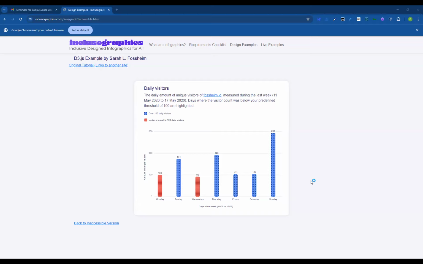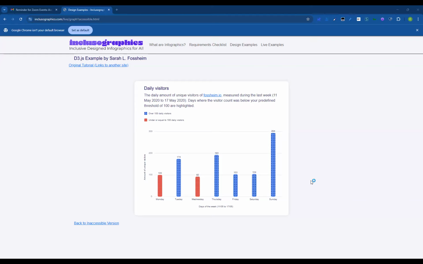I was going to try to get NVDA to work here, and I was going to navigate it because there's a good point that I was going to make on the second version of this graph, but I'll get to it in a minute. I agree that if you have a chart that has hundreds of data points in it, it might be challenging to have a user navigate all of those points. So you have to think about that in a good way. Simple versions are fine, but when you get to those big ones, go ahead.